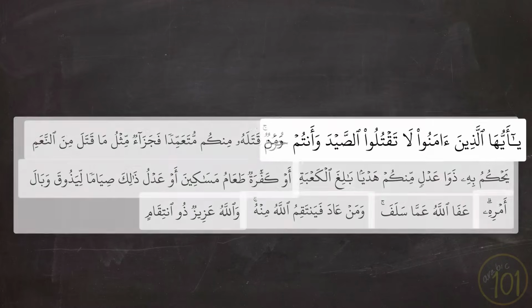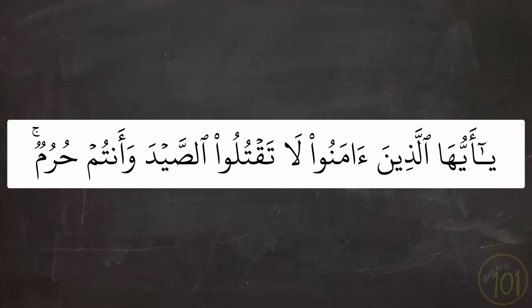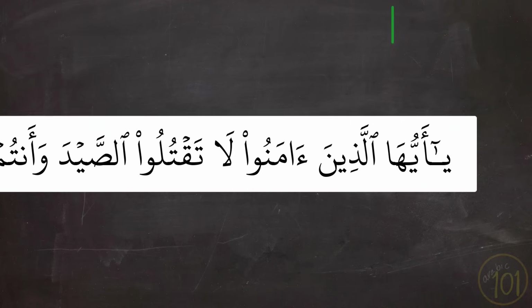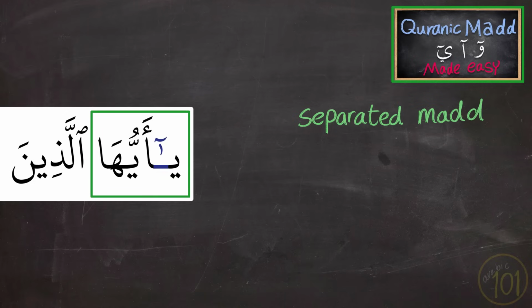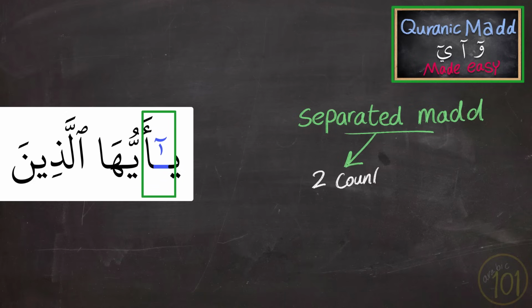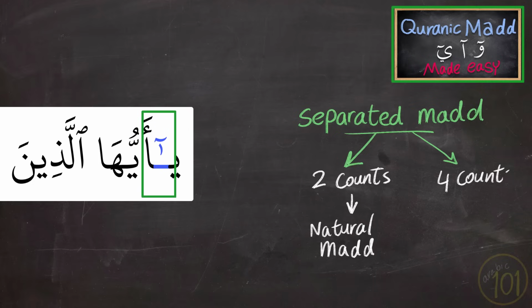So let's get started. In the first section, we read, يا أيها الذين آمنوا لا تقتلوا الصيد وأنتم حرم. So the first rule that we can see here is separated med in the word يا أيها. So we are allowed to extend it for 2 harakat as a med طبيعي or natural med and say يا أيها الذين, or you can extend it for 4 counts and say يا أيها